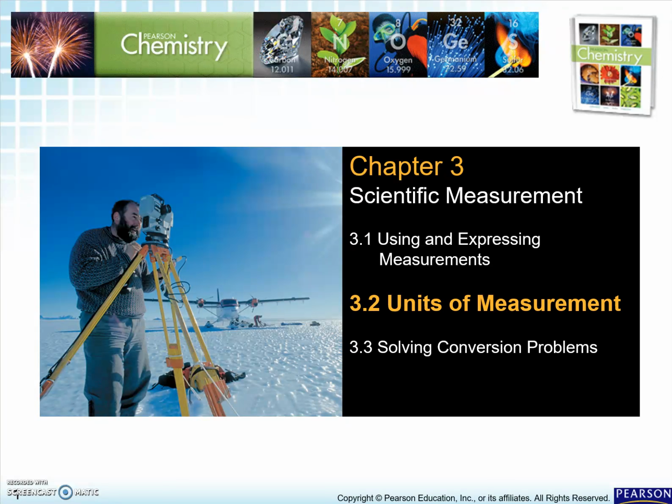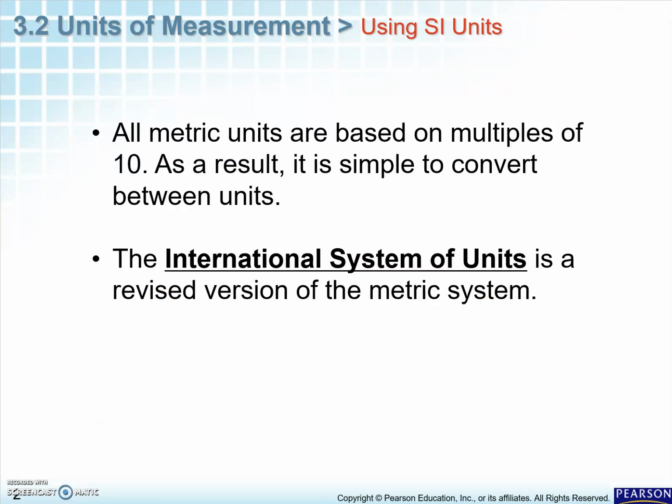Hi everyone, we're going to be talking about units of measurement today. So usually what we talk about in science are called metric units, and those are all multiples of 10. It's very easy to convert between each unit because it's simply changing from one multiple of 10 to another. So for example, to go from 10 to 100, you would just multiply by 10. Or to go from 100 to 1,000, you would multiply by 10. So the metric unit is simply based on this multiples of 10 system, and it makes it easy to convert